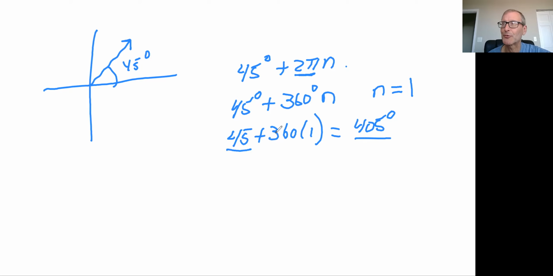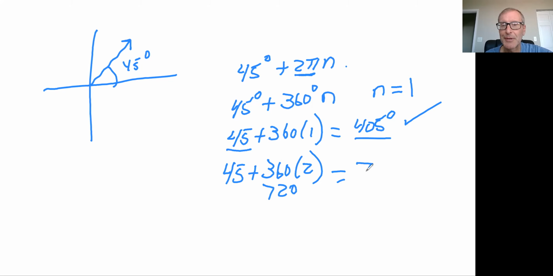you're going to get a multiple of 360. So that would be the first angle that's positive. What would be the second angle that's positive? That would be 45 plus 360 times 2. So what is 360 times 2? That would be 720. When you add those together, you would get 765 degrees. So that would be the two positive ones with regards to that calculation